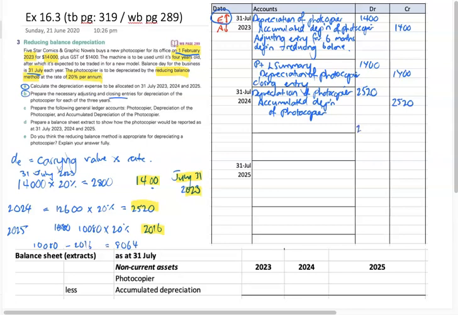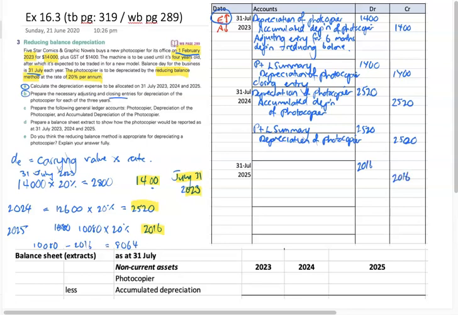We also need to do our closing entries, which is again P&L summary and depreciation of photocopier. Now you would also do the narrations, same thing, adjusting entry for 12 months depreciation, reducing balance, closing entry. We're not going to do this to save space. And then on the 31st of July 2025, we know we have our final one. And yes, it does get a bit busy,